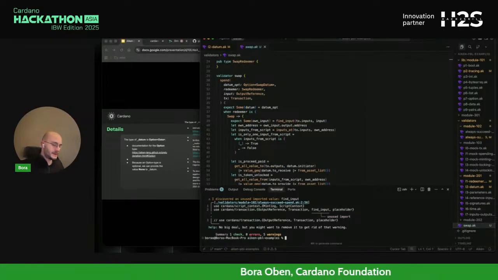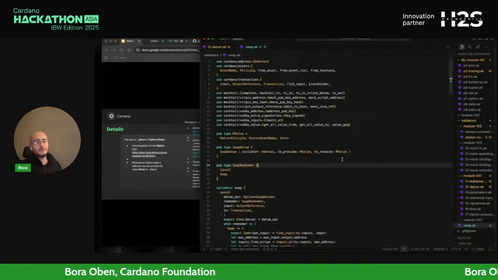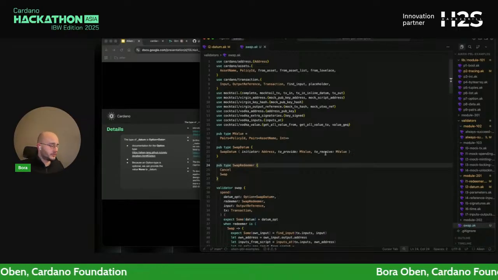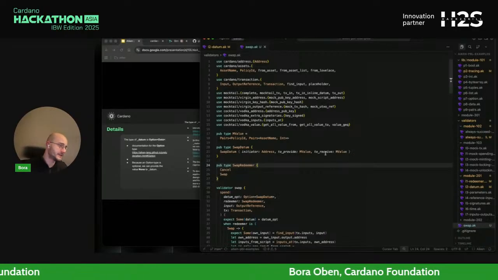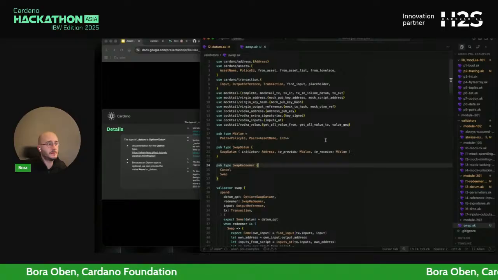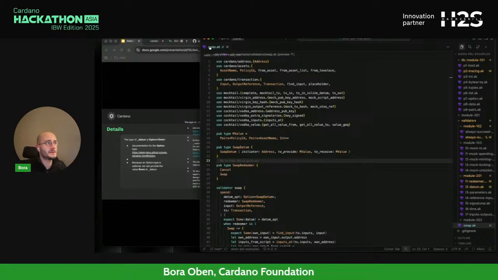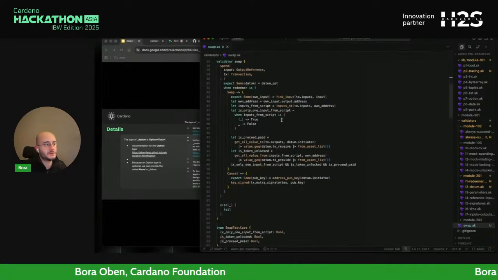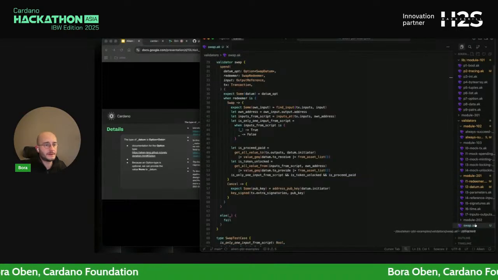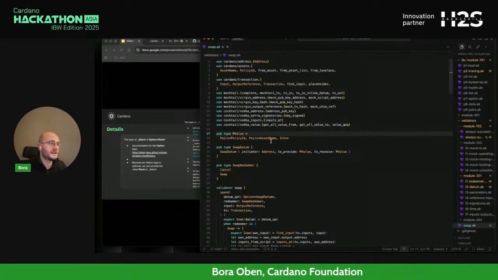It's a basic logic to enable two entities or two persons or two wallets to do an atomic swap without trusting each other. So let's take a look at how our smart contract looks like. This swap.ak is the entire smart contract we have, and it's here in this repository. So let's take a look at what's there.